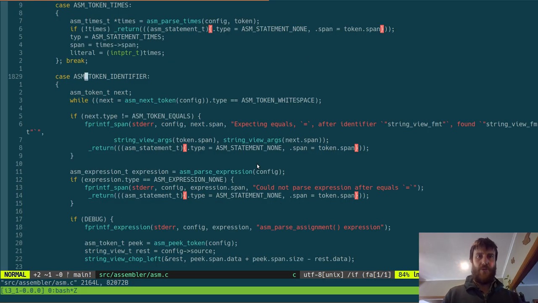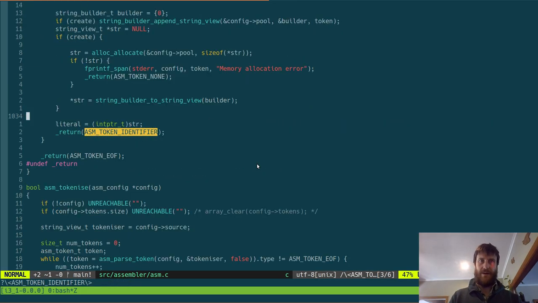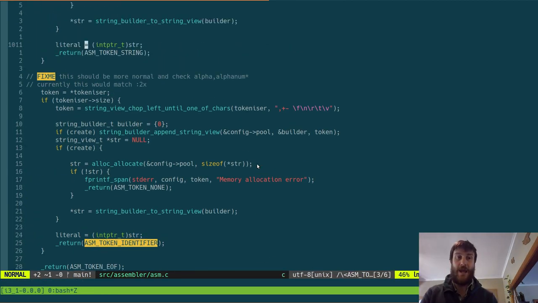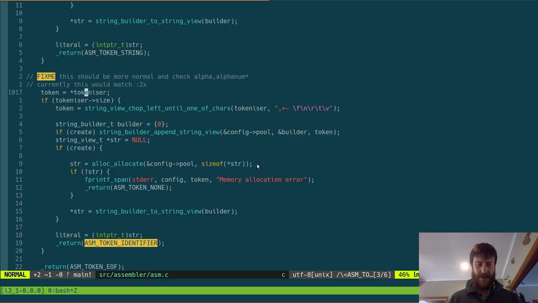And so what I need to do is find where I get this, and it is here. And so what I want to do is... Cool. So what I want to do is instead of doing this, I want to first make sure that it is